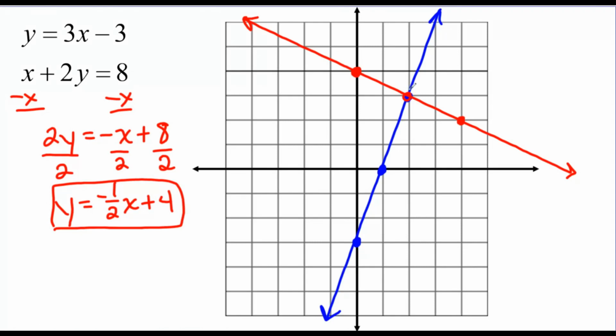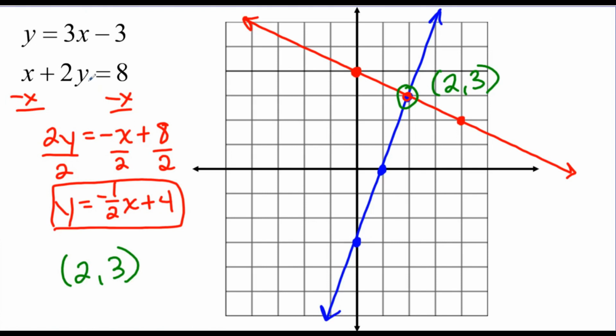So I can see that these two lines cross right here, and this is the point (2, 3). So I can tell that is the point that is going to make both of these equations true at the same time. Now, if I wanted to double check that, just to make sure I got the right point and my graph wasn't inaccurate, I can just plug these values into both equations to see if